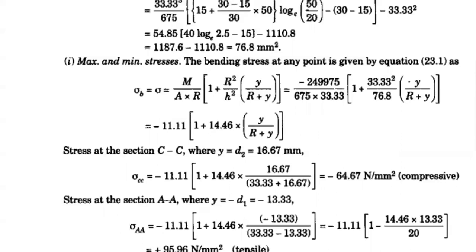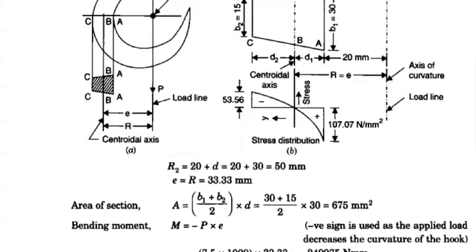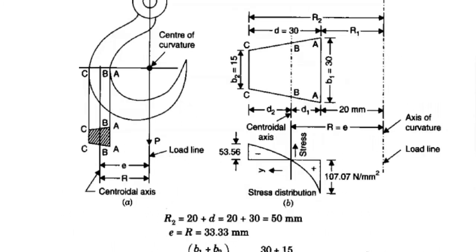Whenever you are having a term for the distance value here, you are having two sections, at point CC and point AA. Please observe here, you are having two trapezoidal sections, trapezoidal section CC and trapezoidal section AA. In the given figure, at CC you are having a distance of D2 and at AA you are having a distance of D1. Please follow the figure, then you can easily understand what values you have to consider, without any difficulty.